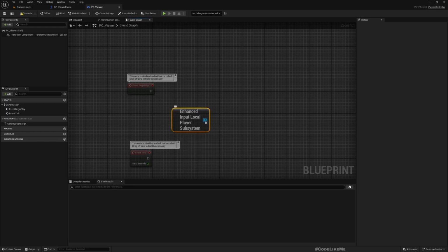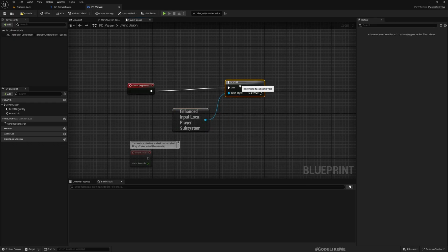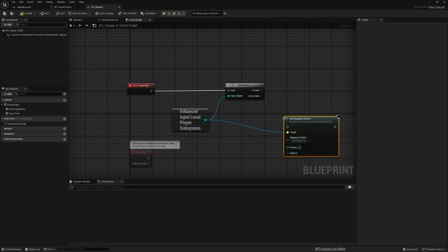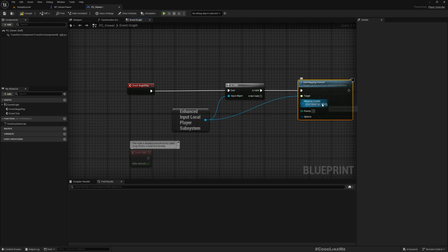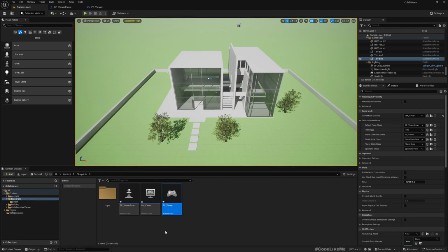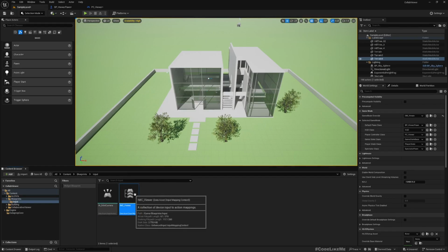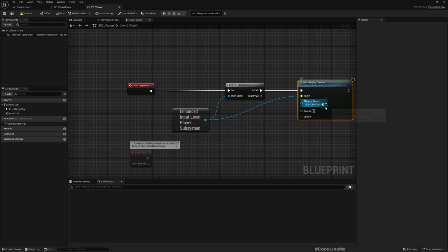This one is valid. Then I'll add mapping context here. What I want is this IMC viewer. Okay,